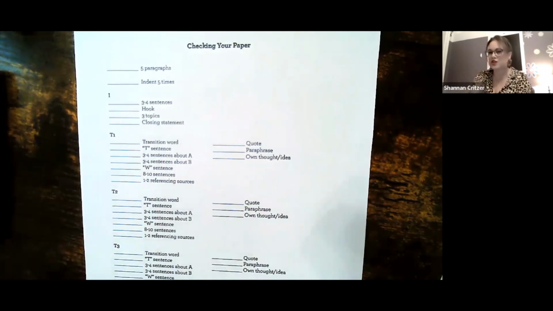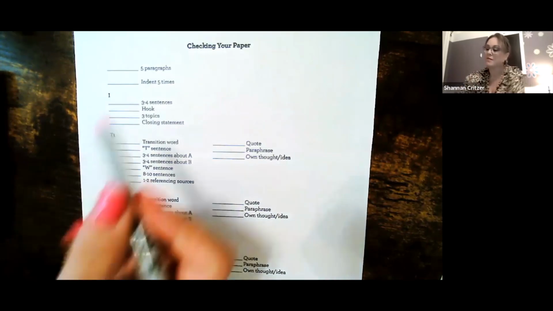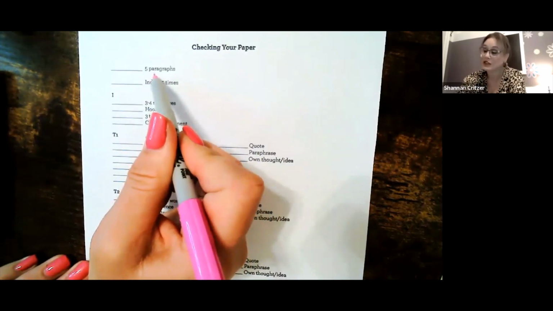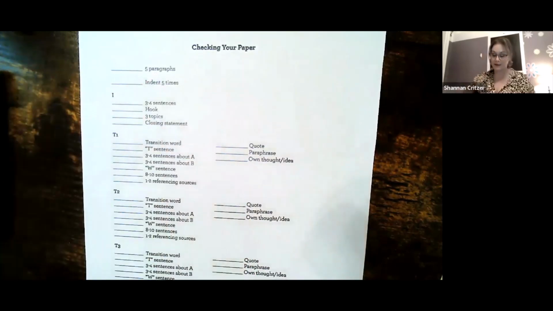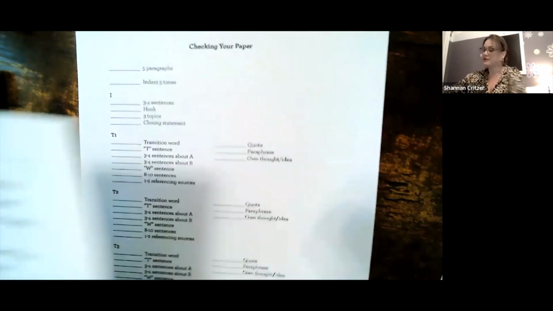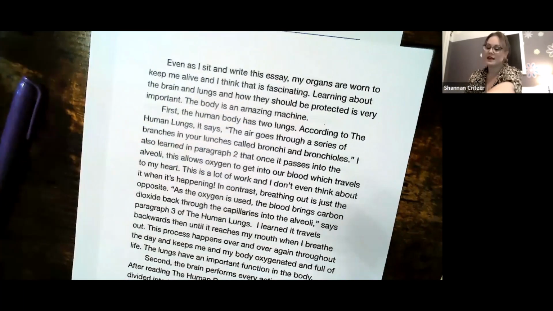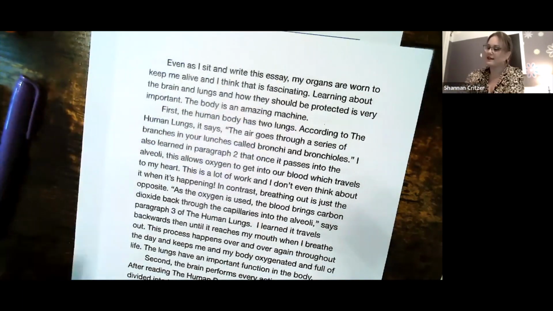So I'm gonna show you both ways for a couple of things. Mostly I'm just gonna go through the essay. The first thing I wanna do is make sure I have 5 paragraphs and that I indent 5 times. So here's my essay, and I can see that I have